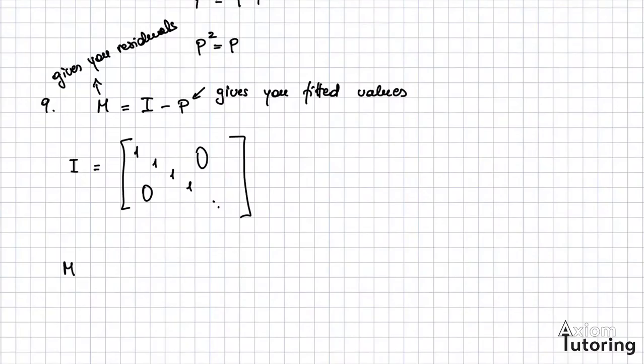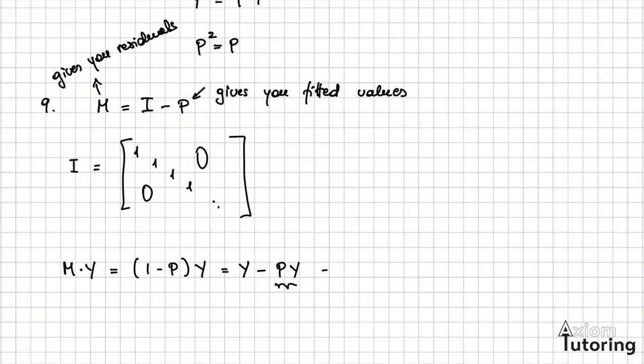So if we multiply the residual maker matrix to our y variable, then what we will get is the identity matrix minus the projection, times the y. We distribute the product in here, so we're going to have y minus P times y,